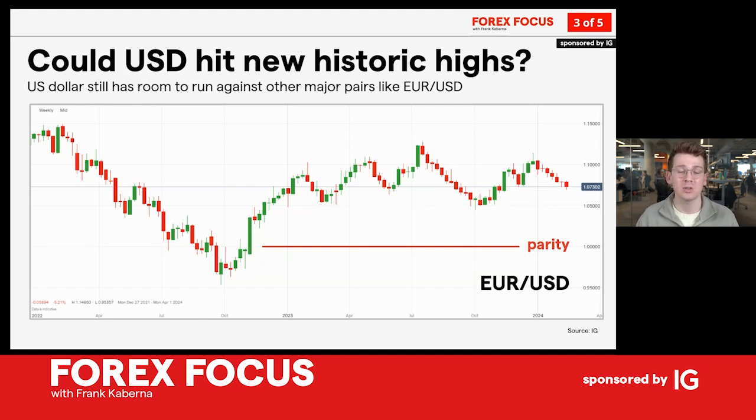Interest rates to the upside, will the equivalent in the euro area or in the UK or in Japan, will they stay where they're at, or will they move higher or lower? That's going to be very meaningful to this as well. But it's likely going to start with that U.S. rate story, and if, one, they don't cut by as much as what was expected, or two, they don't cut